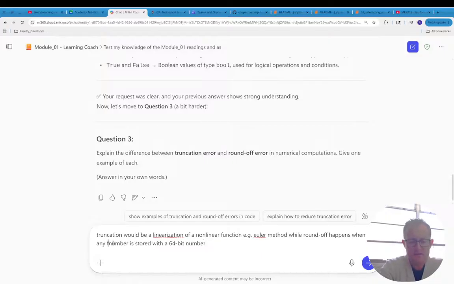When any, let's say, floating point number